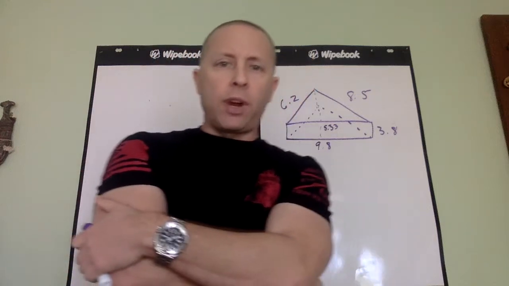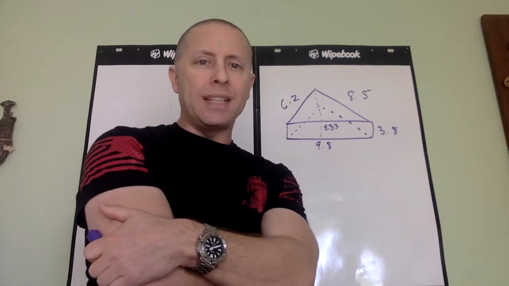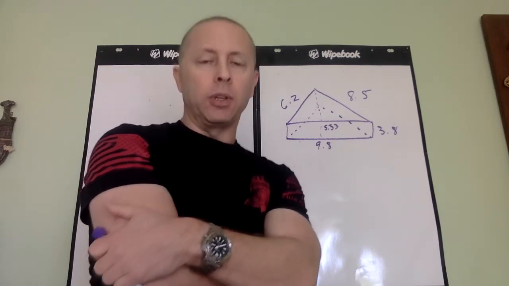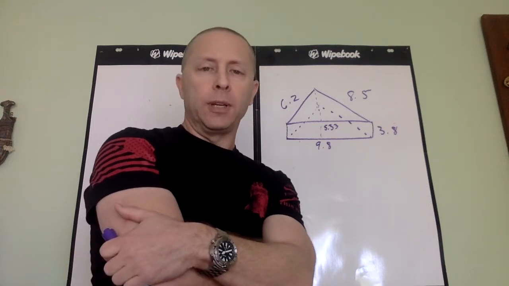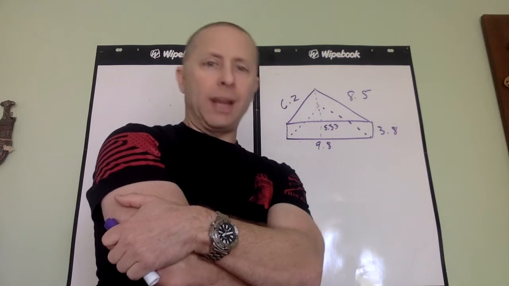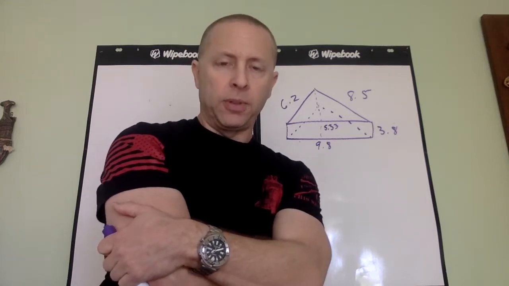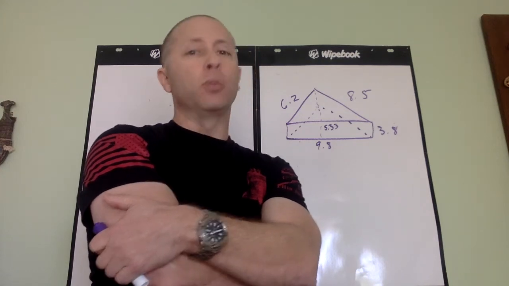Okay, let's try this. This is the next section of math we're going to be going on to. It's going to be called Reteaching 8-9b. This deals with surface area for triangular prisms. You already know pretty much how to get the volume of the triangular prism, the cylinder, and the rectangular prisms. That's basically where you're finding the area of the base and multiplying by the height of the shape,